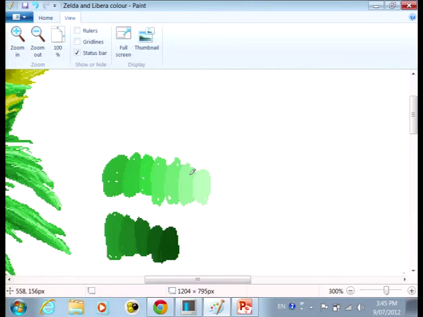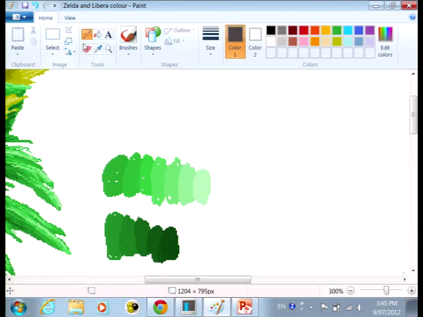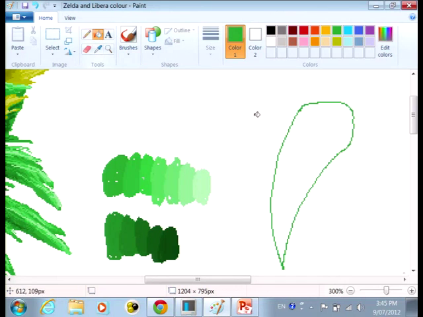That's the palette I used for those sections there, just those colours. Give me a second. I can show you how simple it is. So we start off with a darker colour as the root.